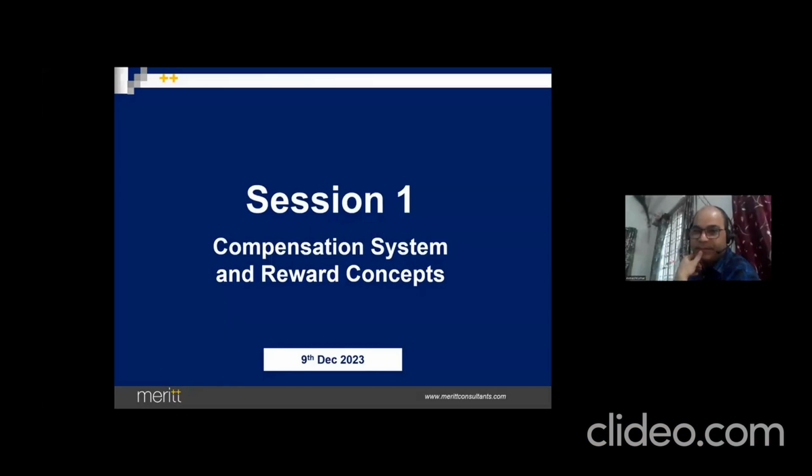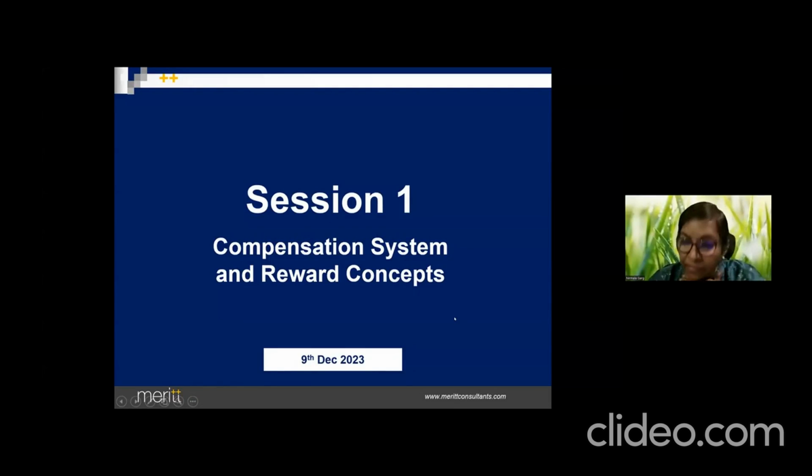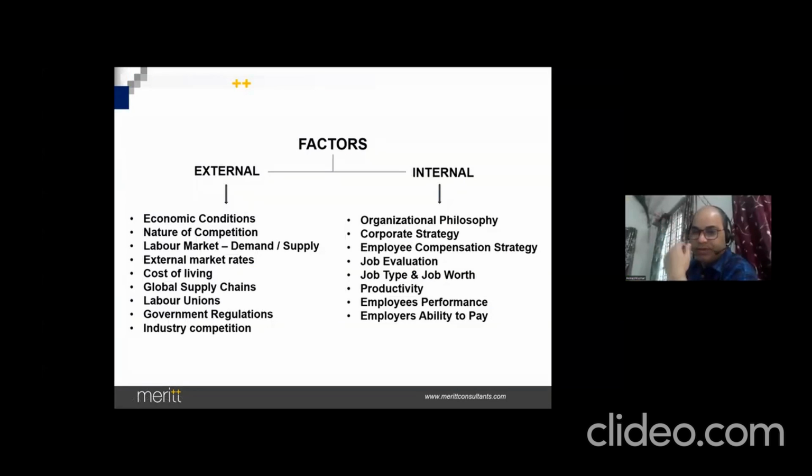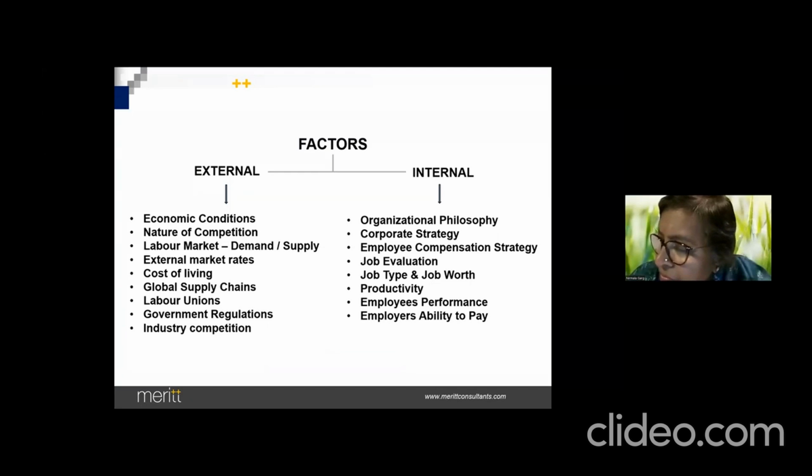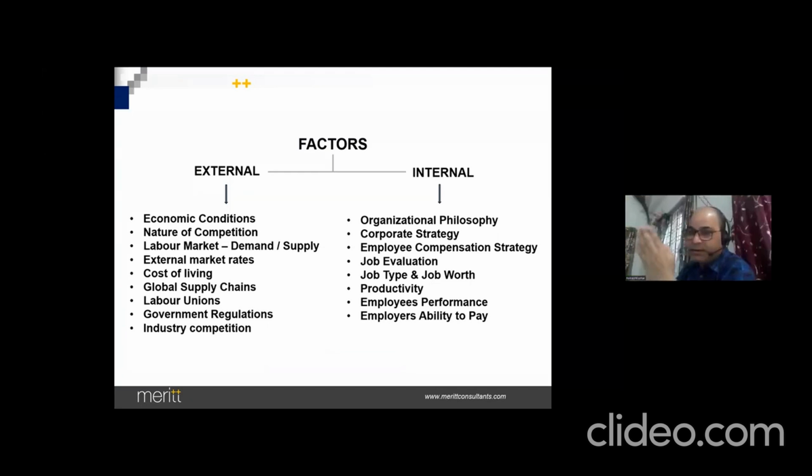One major point should be added here also: the financial stability of the company, as well as business or client dependence, because we do have market competitors. For example, Capgemini, Cognizant, TCS, Infosys are working for similar kinds of clients. Every organization is quoting the rate on the basis of getting the business in. So somewhere they are quoting lower than TCS, lower than Capgemini, so that they get the business.